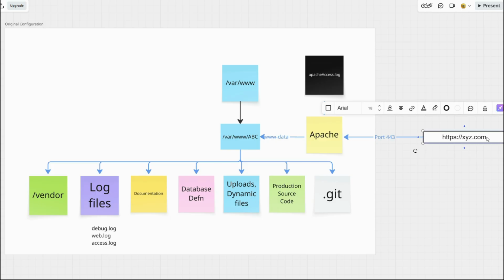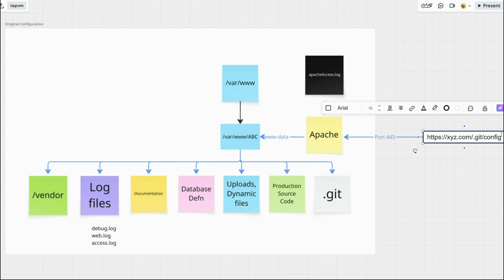However, because everything is mixed underneath the one directory, all the Git files are there, all the log files were there, and everything was accessible to the Apache server, someone could come in and say